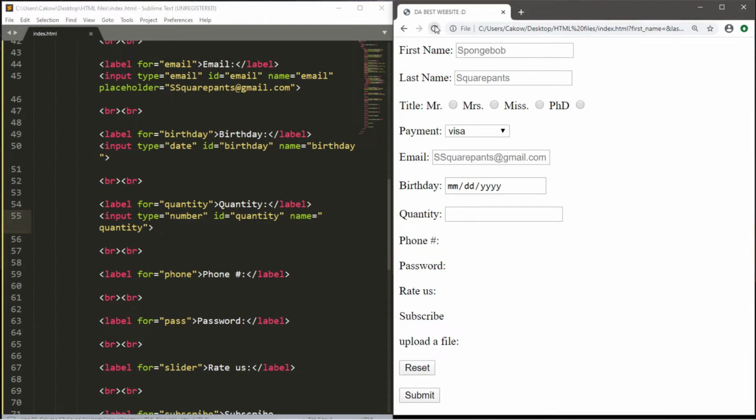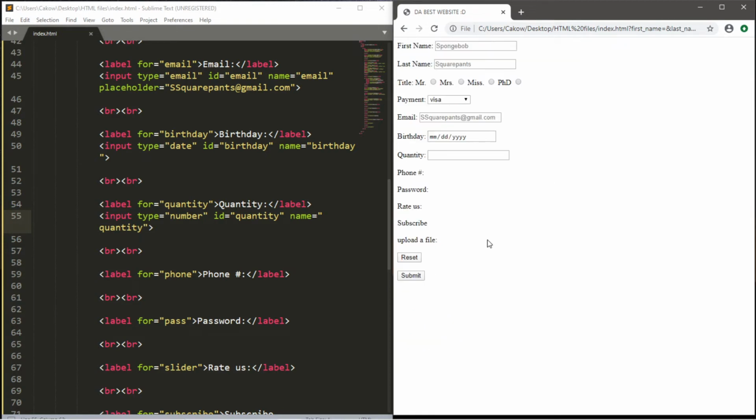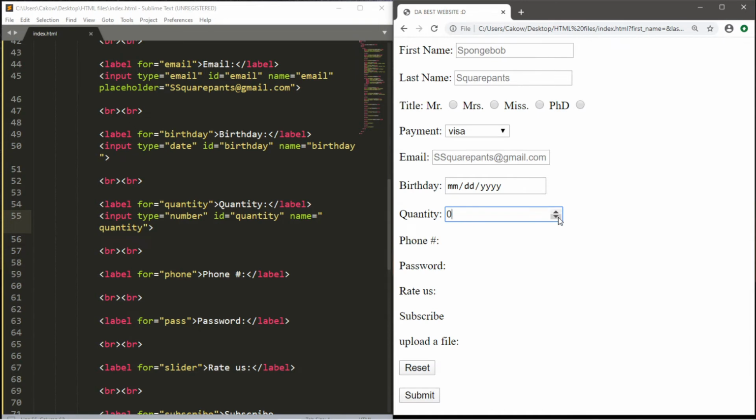Let's save, reload, and we now have an input box for an amount, but there's really no limit on here. Like we can buy like these many of something, and a user could also buy a negative amount of something. Like, for example, they could buy negative 10 t-shirts and you'd probably end up giving them money or something. So you'd probably want to limit the quantity.